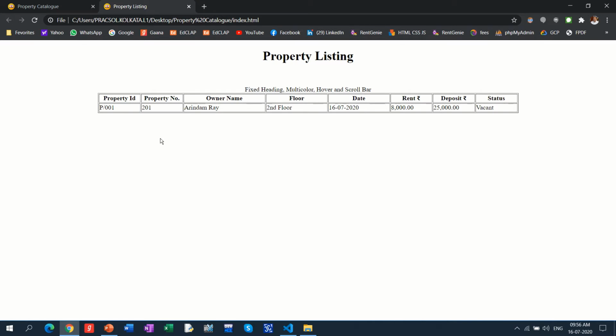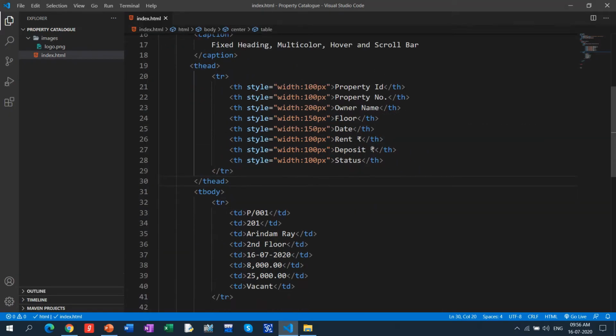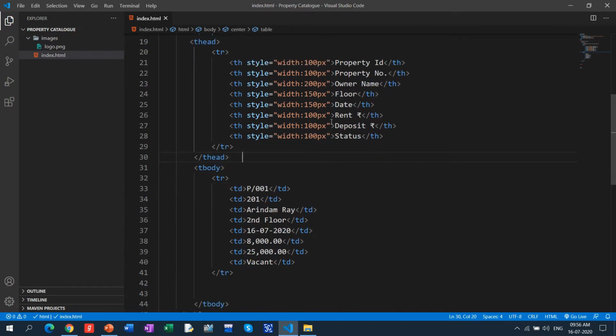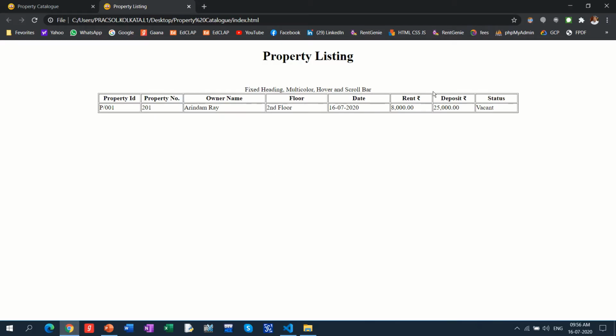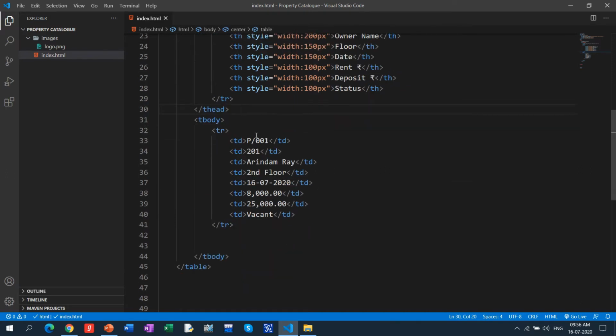This is the field size I made, but there is no heading fixation, heading color, scroll bar and all yet. This is the entire thing I made, and it is for the entire heading. So the rest of the table will automatically follow like this. This is the heading, and when it is fixed, the entire data has been fixed over there.